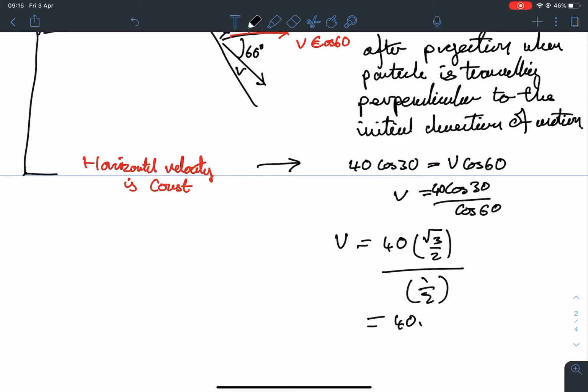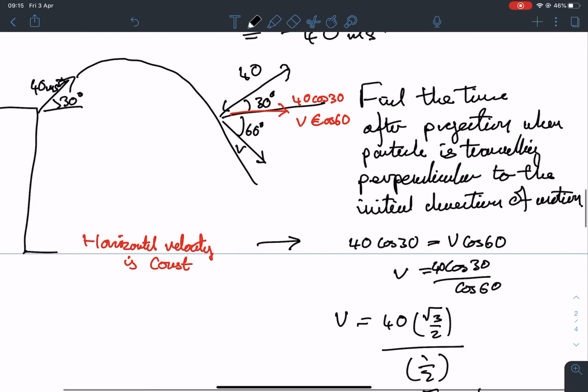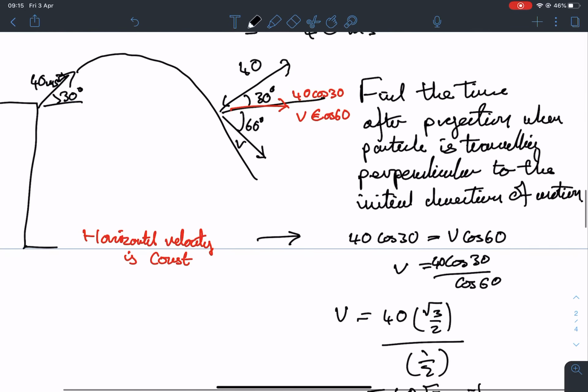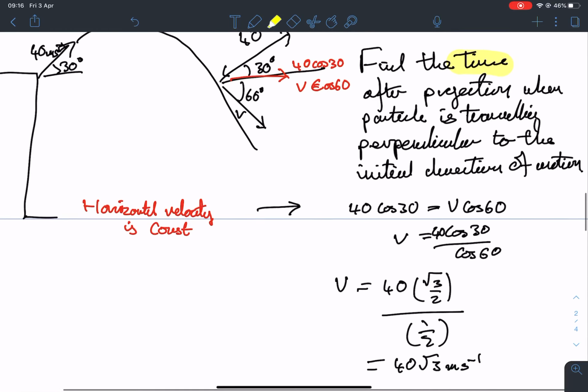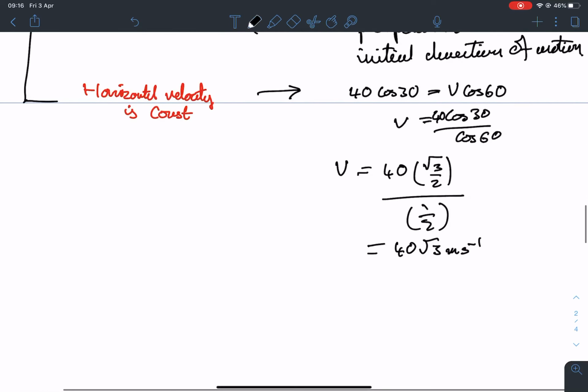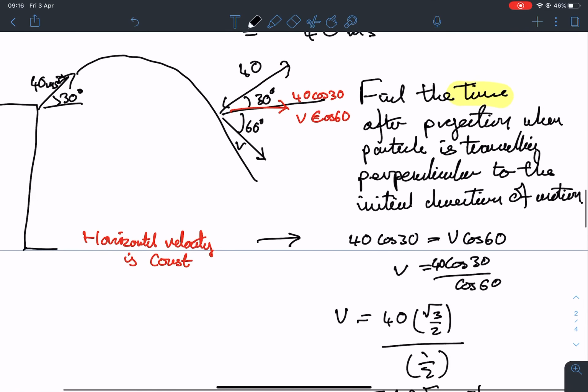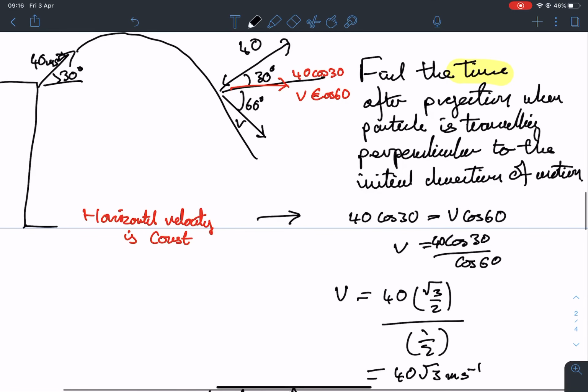Horizontal velocity is constant. So we're going to consider horizontal speed. To do that, we have to break these down into their components. So horizontally here, we've got 40